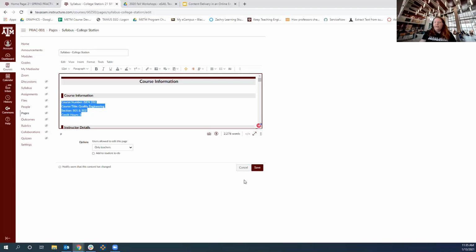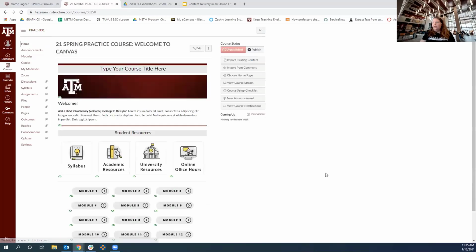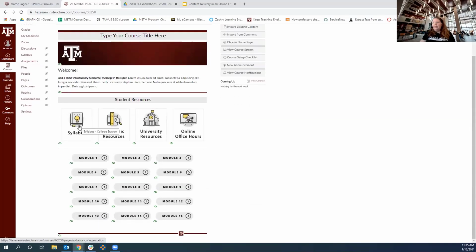One of the questions on the chat just now is that the syllabus button is an edit, like I showed you, to go in and actually edit the syllabus page. But if you go back to the home page, there is a way that you could change the link. Right now it links to that page. You can decide to use the page, or you can have your own PDF already that's accessible, and you can link to that PDF in your files area. So if you upload it to your files area, then you can link it here, or you can upload it from your hard drive, just as we did in the other examples. So yes, you can insert a file there when you edit.